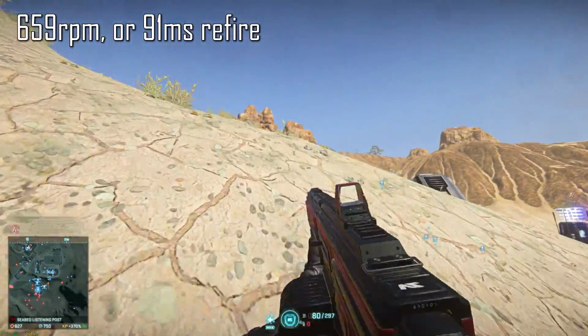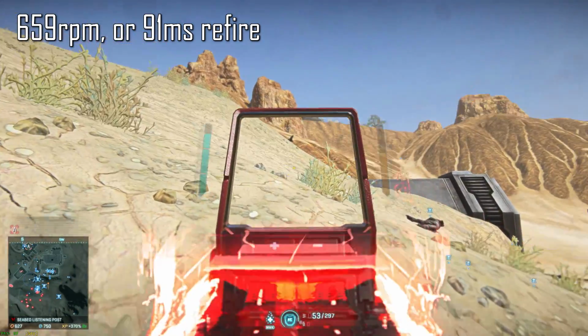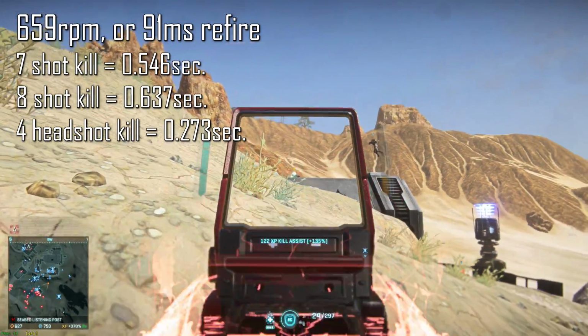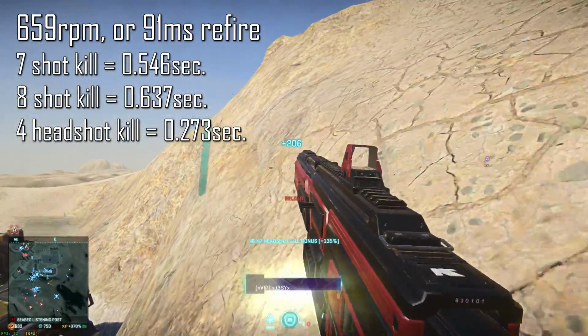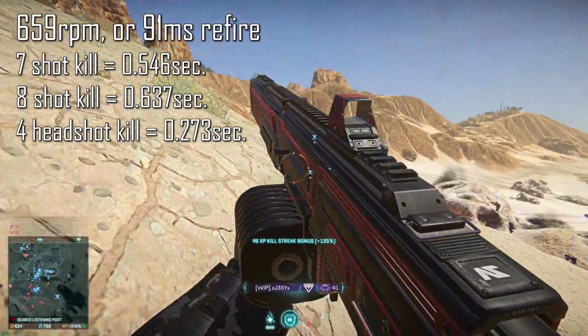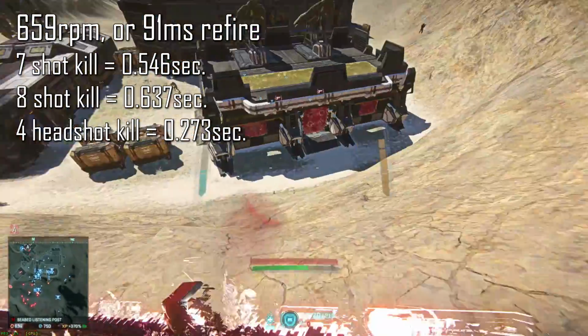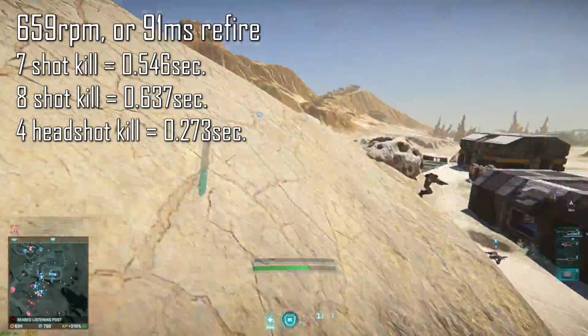Rate of fire is 659 rounds per minute, or a refire rate of 91 milliseconds. From a time to kill perspective, for a 7-shot kill, you're looking at 0.546 seconds. For an 8-shot kill, you're looking at 0.637 seconds. And for a 4 headshot kill, it would be 0.273 seconds. And remember that that's theoretical, in that it expects 100% accuracy against a 1000 health target, and it does not